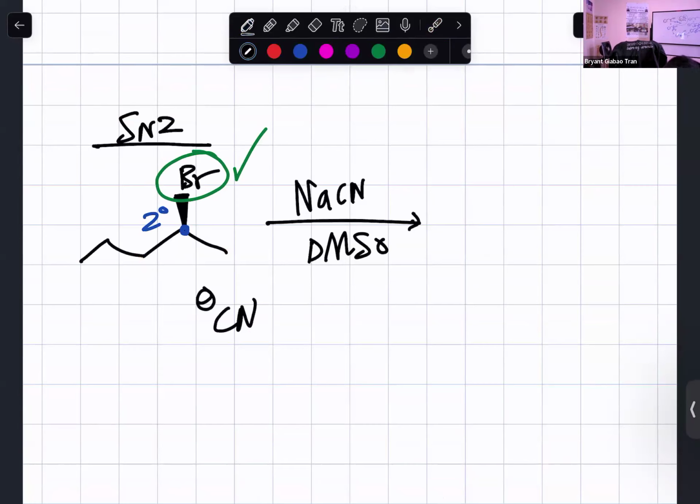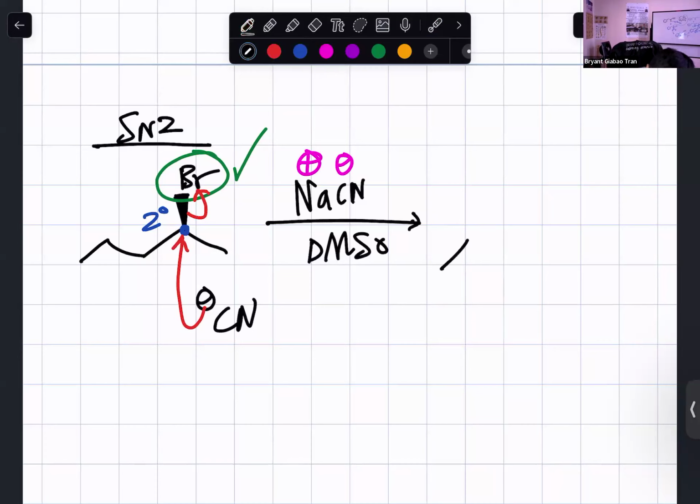This CN minus here, right? Whenever you see sodium or potassium, always associate it with a positive charge, and whatever is attached to the sodium or potassium is going to be negatively charged. So the negative charge here is going to be CN. This CN minus here is going to attack the electrophilic carbon, kick out the leaving group, and it's going